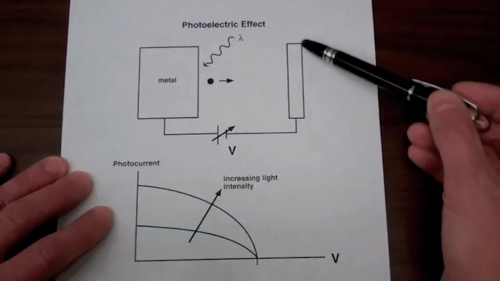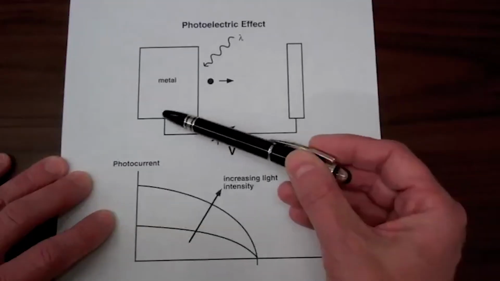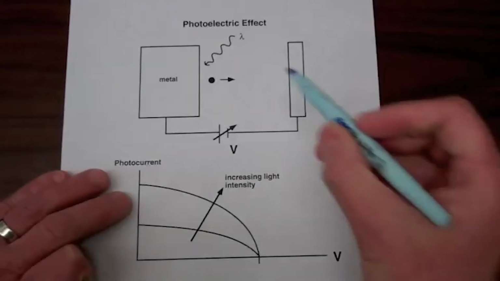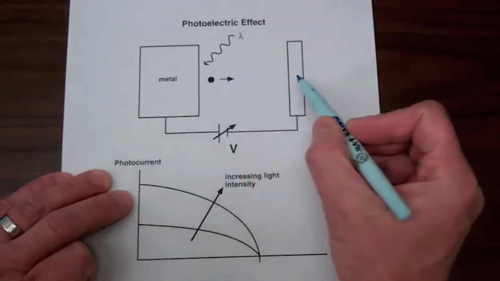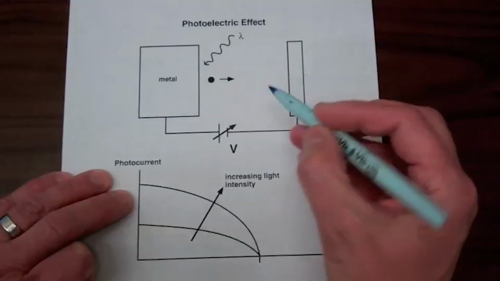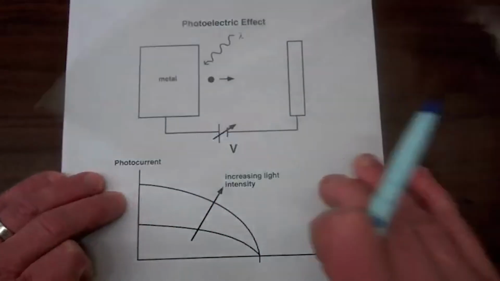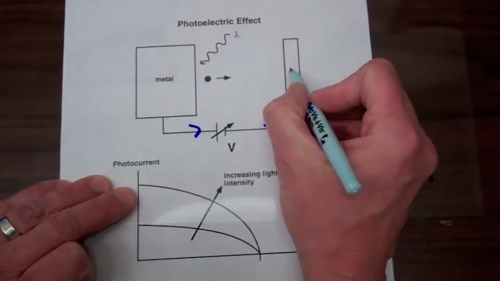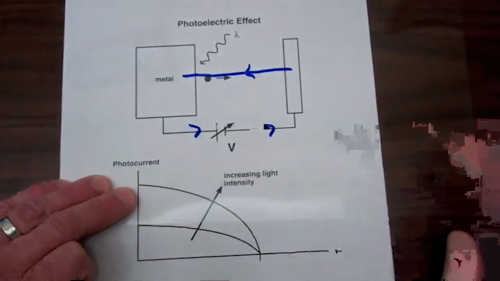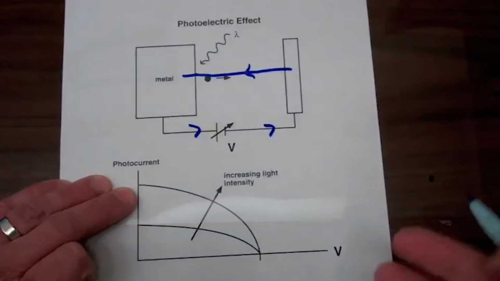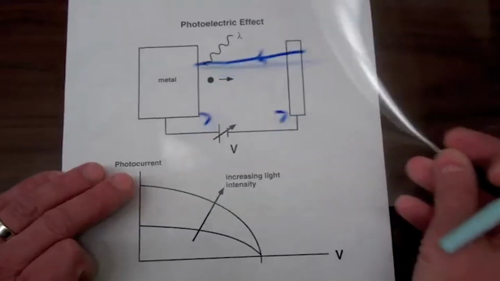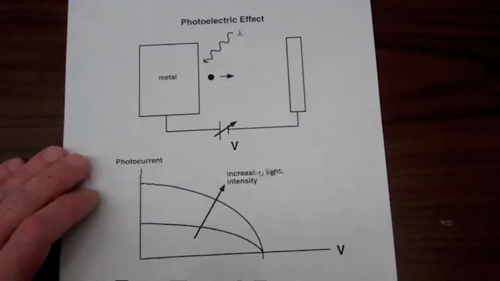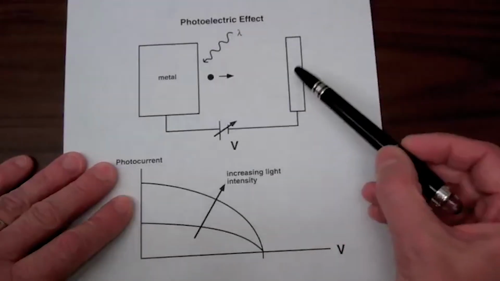Now if we have a second metal over here and connect them, what will happen is that a current will flow. So the electron flowing from the metal on the left to the contact on the right will be a current flowing through our circuit like this and across our gap this way. Okay, so this is actually similar to what happens inside a solar cell. Now, the electrons are coming off with some range of, say, kinetic energies.